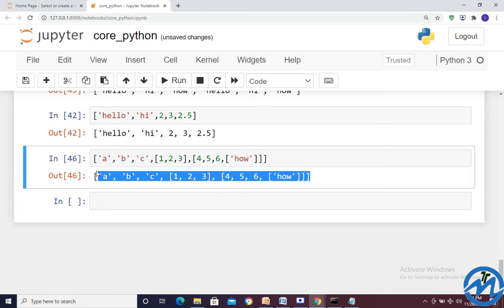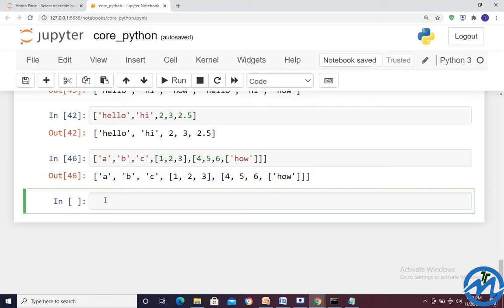So what did we understand? We understood that we can give a list inside the list, so that means we can say a nested list also we can give. Now what I wanted to do here, I just wanted to apply some operations on the list. I wanted to find the data from the list, I wanted to do selection and indexing of the list. How can we do it? What are the things we have to do?